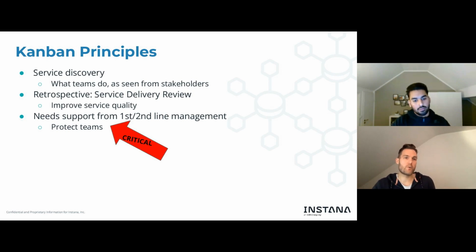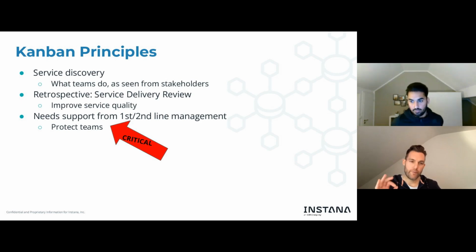But as we improve and discover what our service actually is, we refine the model of this process and understand even better what our service is made of. So what are the steps? What are the parts? And I mentioned the service delivery review, where we try to improve the service quality.